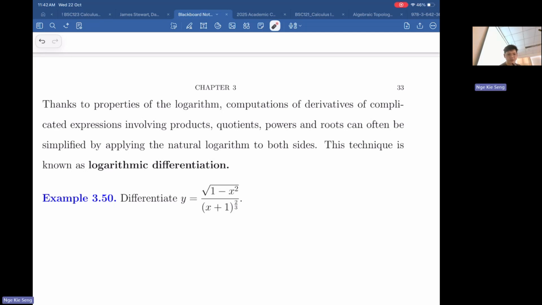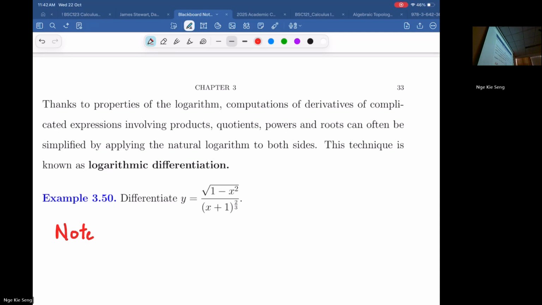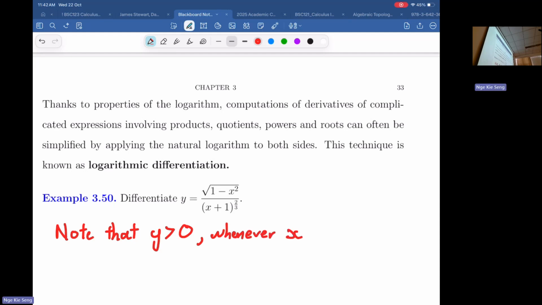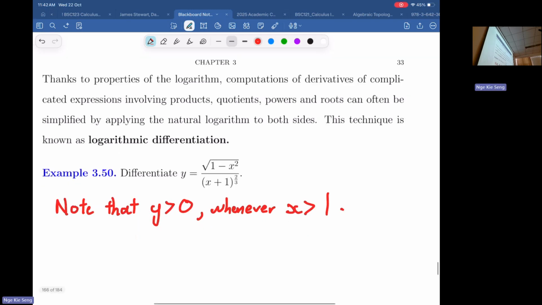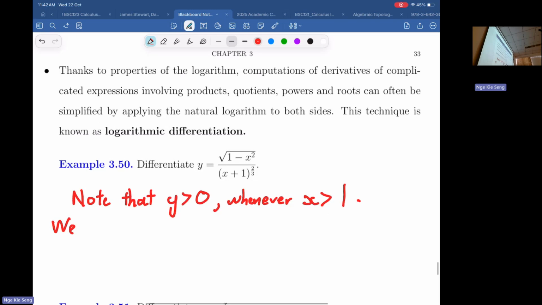I think we shouldn't differentiate at the point x equal to 1, otherwise there's a problem. So x is greater than 1. Then we'll do the differentiation. So we will use logarithmic